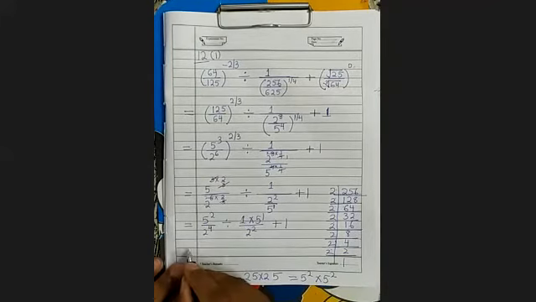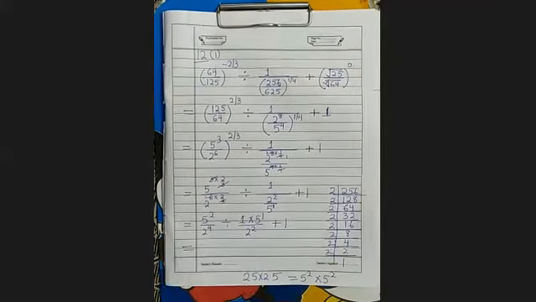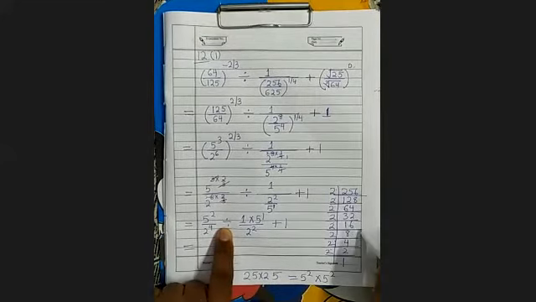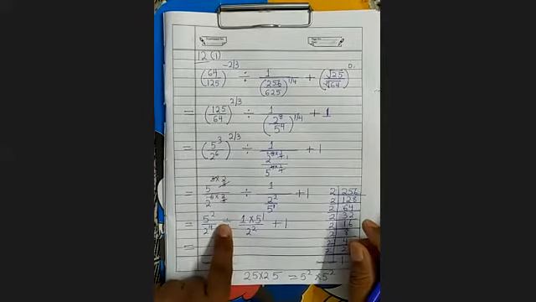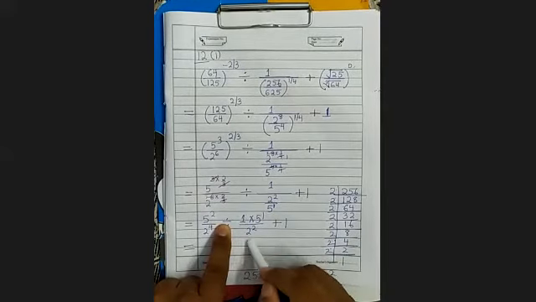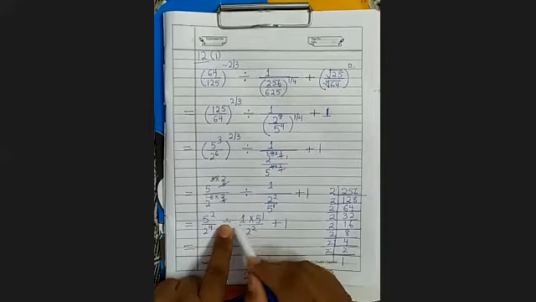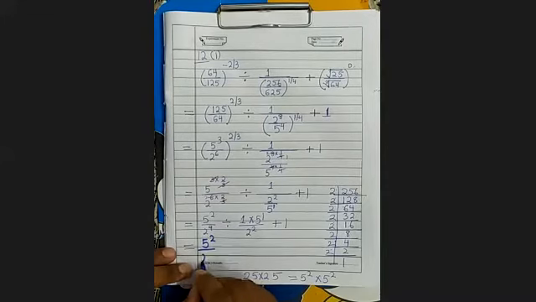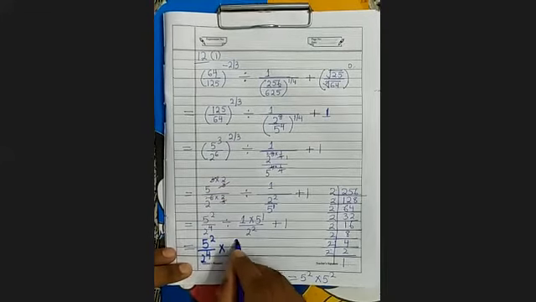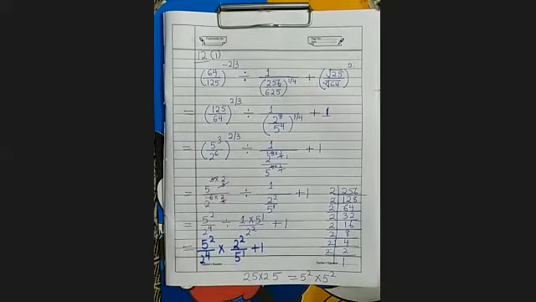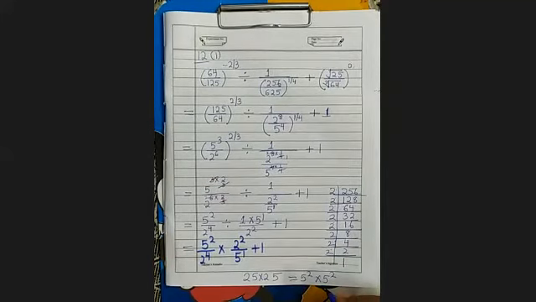Now see here, all of you be careful here. Here there is the division sign. This you make multiplication and reciprocate this thing. Turn this upside down, multiplication here and reciprocate this. So you can see 5 square upon 2 to the power 4 into 2 square upon 5 to the power 1 plus 1. It is clear? Now we will further solve this.